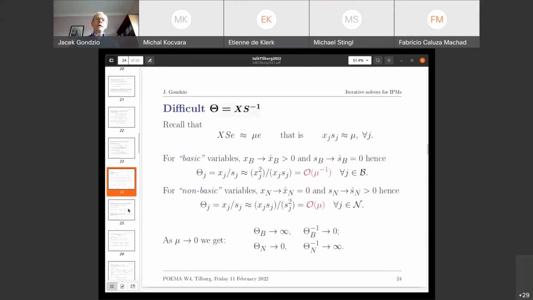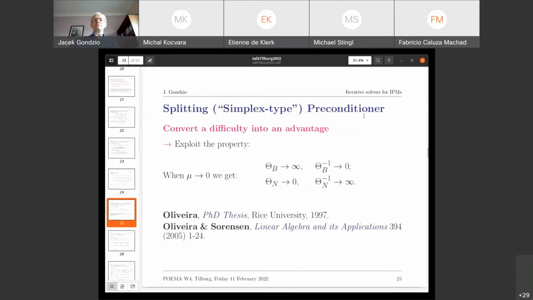But sometimes, if you have a trouble, it's possible to convert a difficulty into an advantage. Because these thetas behaving so badly, some of them going to infinity, others going to 0, actually tell us something. They hint what the optimal partition in the problem should be. And a spectacular feature of interior point methods is that this optimal partition is relatively early revealed by any practical